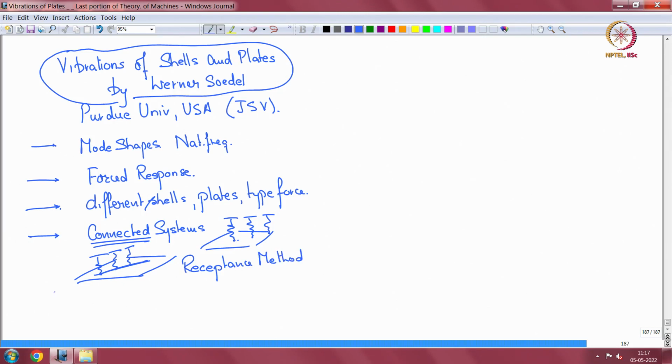Along the way we will look at a few approximate ways of finding modes and natural frequencies of systems which do not fall under a strict shell of revolution and so forth. Okay. So, we will see what approximate methods or techniques exist, to the extent possible,